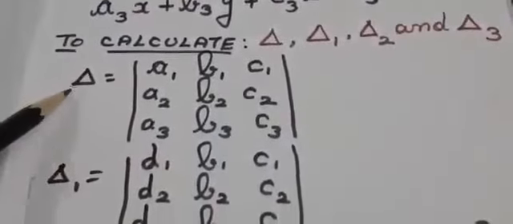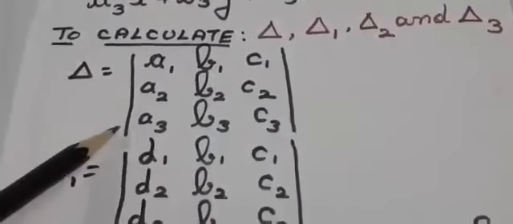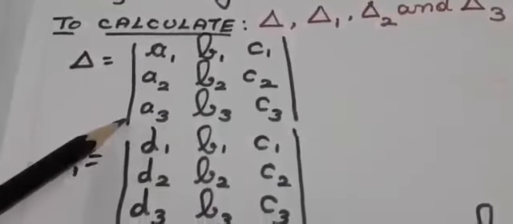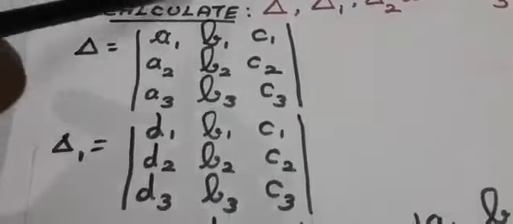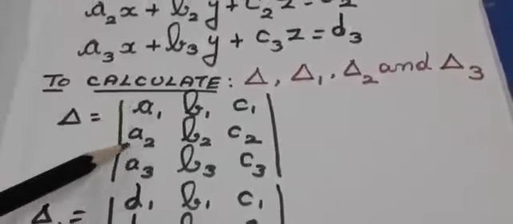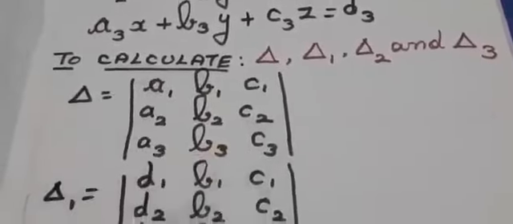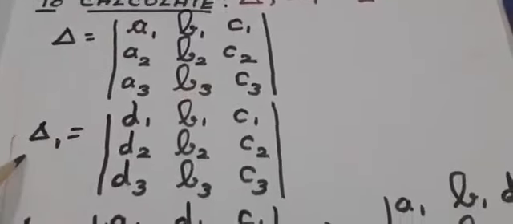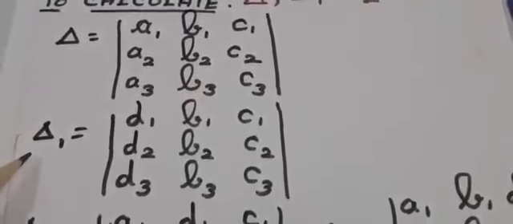Now see, students, delta. I am going to find the determinant. I am going to take the variables x, y and z and write the coefficients of x, y and z as they are: a1, a2, a3, b1, b2, b3, c1, c2 and c3. Coming to delta 1, the calculations for delta 1, delta 2 and delta 3 will be different, but easy to understand. Delta 1 means, keep this in mind, you are going to change the first column, students, not the first row, the first column.